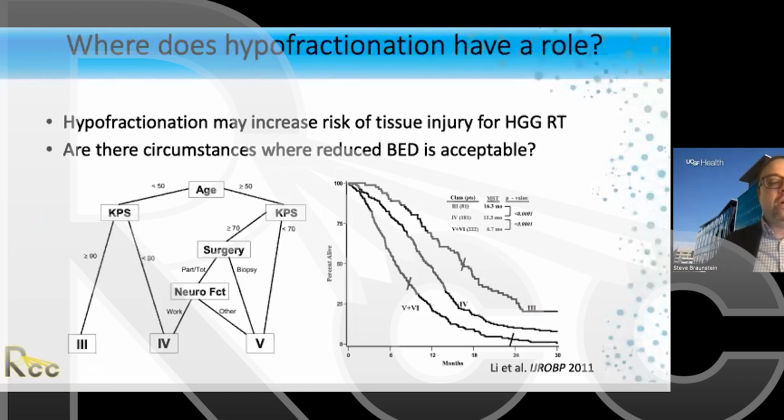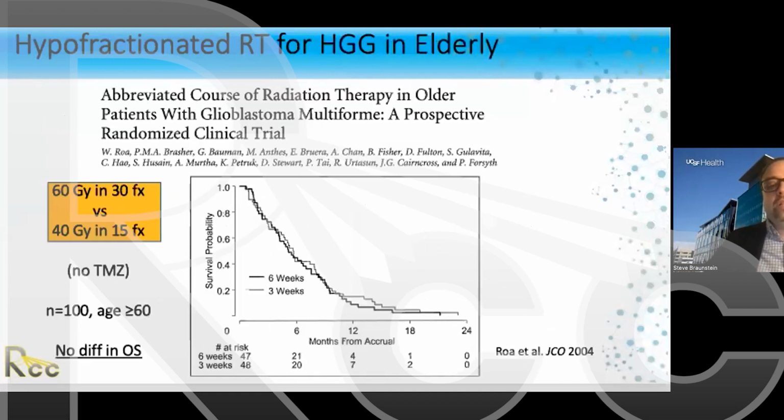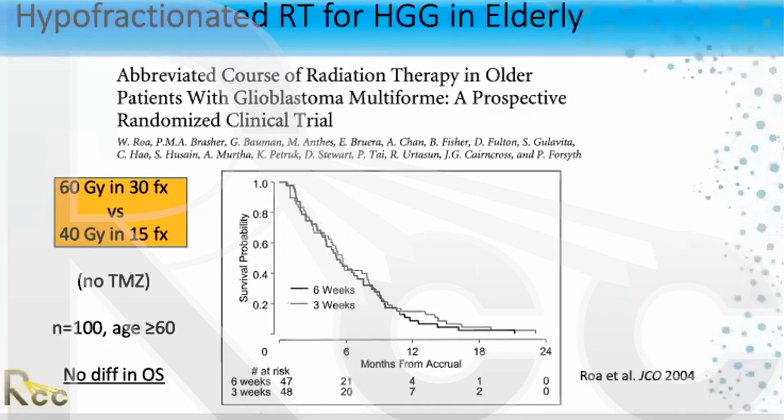And so certainly we see in clinic there are patients who have poor performance status, patients who are older, and from some of the original recursive partition analyses on patients with high-grade glioma, we see that those patients with poorer KPS who might be older and more fragile have a poor outcome. And the standard 6-week regimen may not be superior to something that's more hypofractionated, recognizing that these patients may inevitably have a poor outcome irrespective of the approach that's taken. And so there have been a number of studies that have been undertaken. One of the earlier ones, and this was done in the